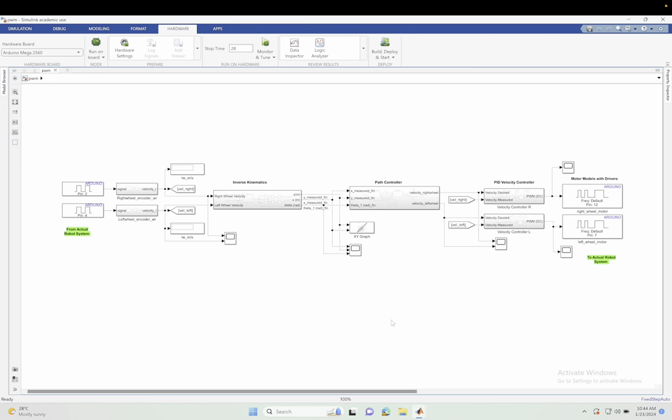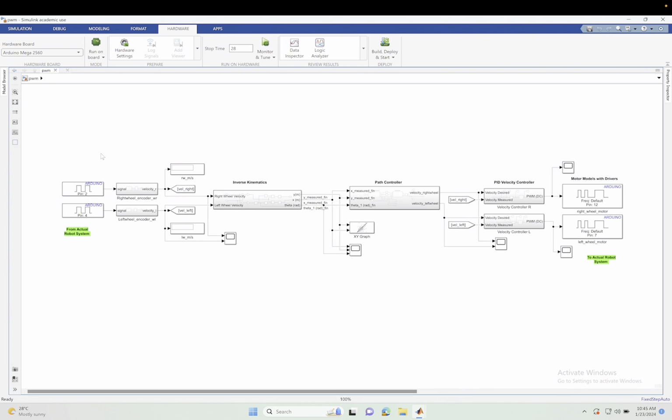And in this assignment 3 we are to come up with the real-time simulation of our earlier developed model for the robot. And the purpose of the robot was to give it a desired trajectory, and it has to move towards that trajectory. In this particular section, the rest of the components are still in software from here to here. It's only this part which is actuating with the real robot, as well as this other part which inputs from the real robot. So what is happening is, in this particular section, we are picking